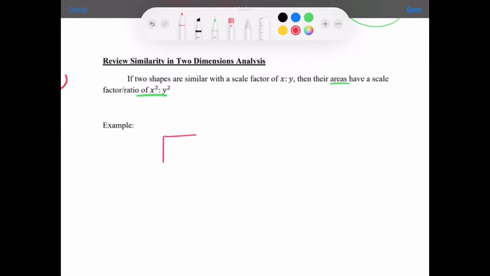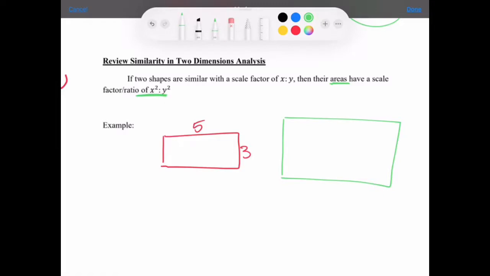So let's say I have a rectangle here and it's 5 by 3. Then I have another rectangle here and it's 10 by 6. Okay, that means that this first shape has an area of 5 times 3, which is 15. And this one has an area of 10 by 6, which is 60. So basically,